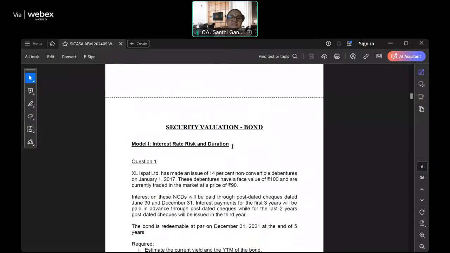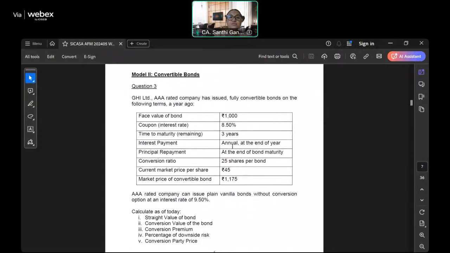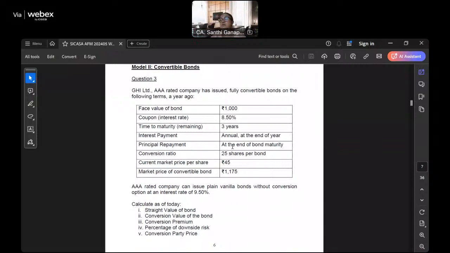So we discussed question 1, question 2. We have to do question 3 now. This is what we have to do. Can you see what I am sharing? You have to do problem number 3. Now, always I have suggested you that you need to read the requirement first. Let us look at the requirement of this problem.